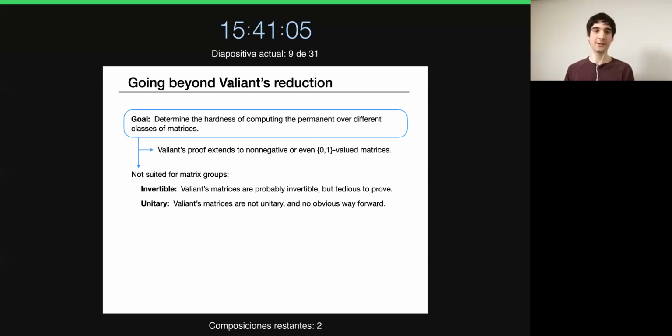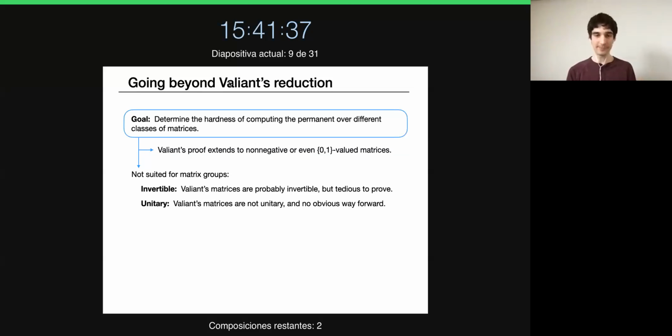In particular, matrices that have some sort of matrix group structure, like the invertible matrices or the unitary matrices. It turns out that the matrices that turn up in Valiant's reduction are probably invertible, but this would be really tedious to prove, and it seems more accidental than intentional, if anything. But if you ask for something stronger, like, are his matrices unitary? Well, the matrices that come up in the reduction definitely are not unitary, and there's no obvious way